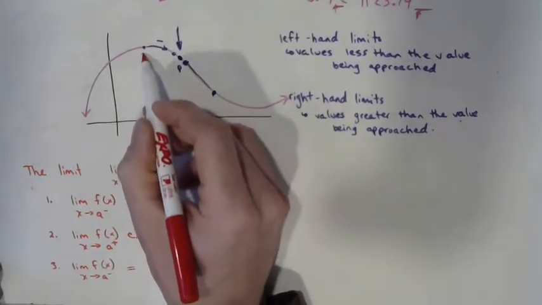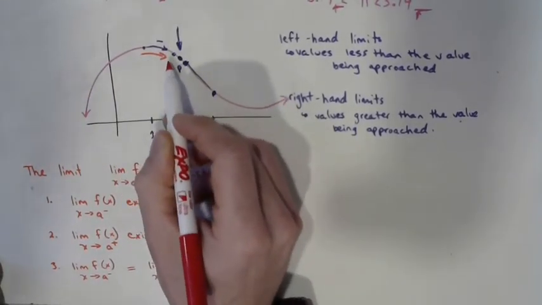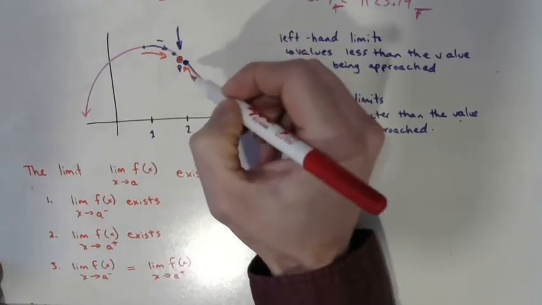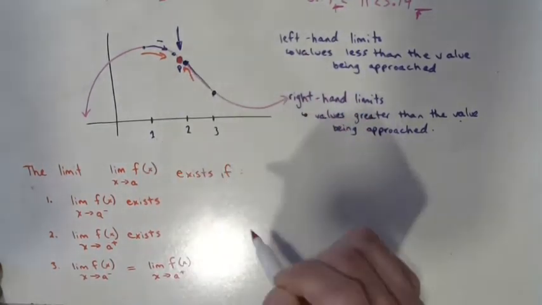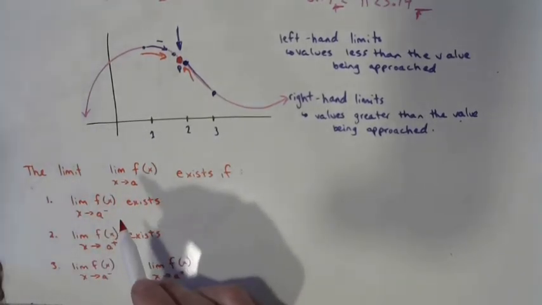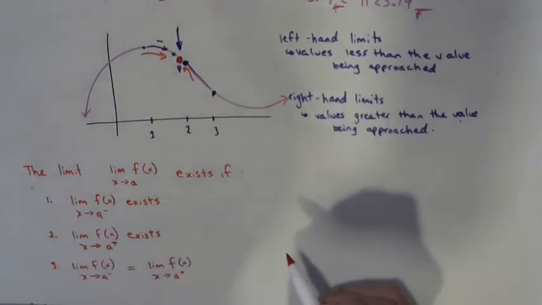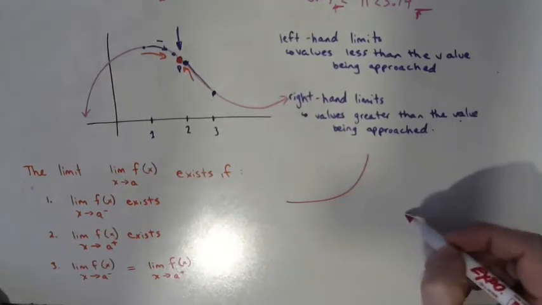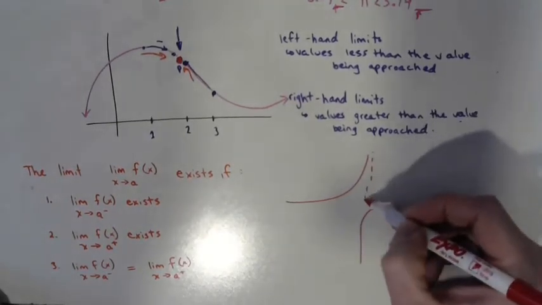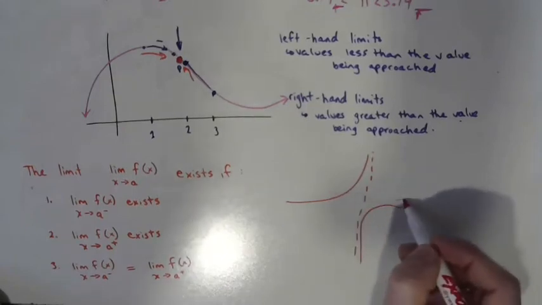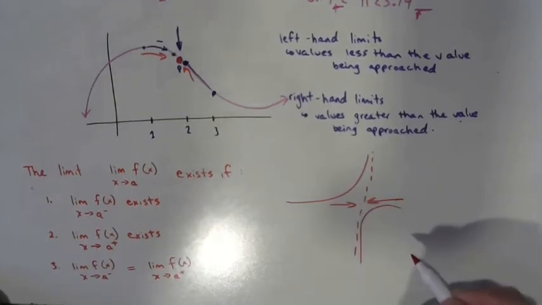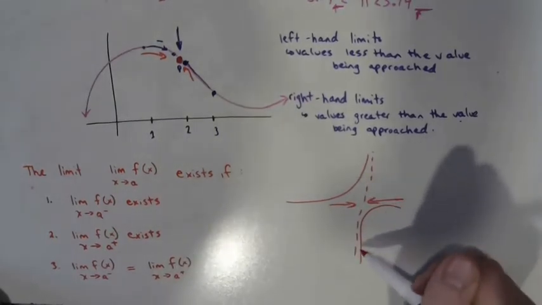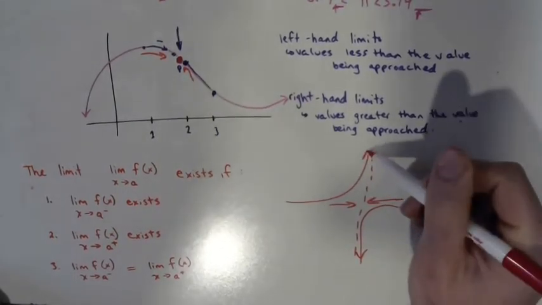So we're approaching from the left, and there is a limit. And we're approaching from the right, and there is a limit, and they're the same value. And if that is true, then we can find the limit. What does that mean? Well, it means that if we have a discontinuous graph, or for instance, some form of a rational graph, we can't calculate the limit from the right here and the limit from the left because it doesn't exist, okay? Because they're not equal. One goes to negative infinity, one goes to positive infinity.